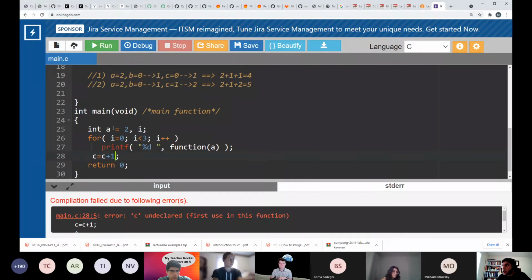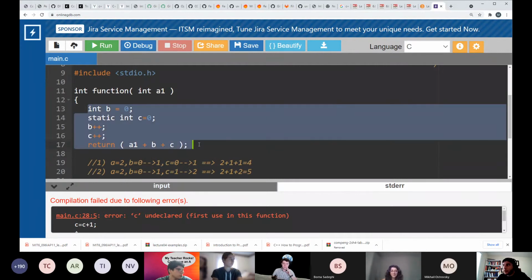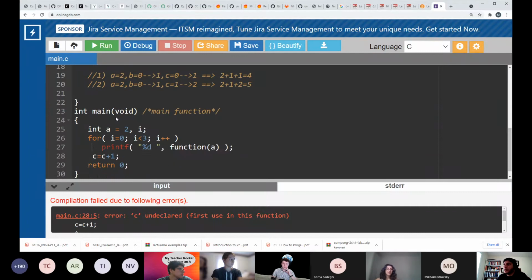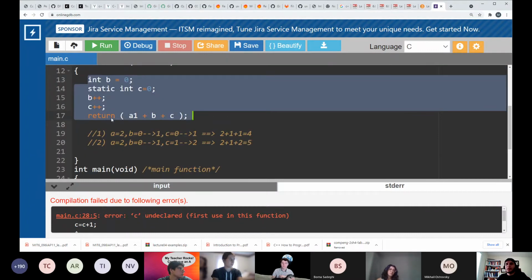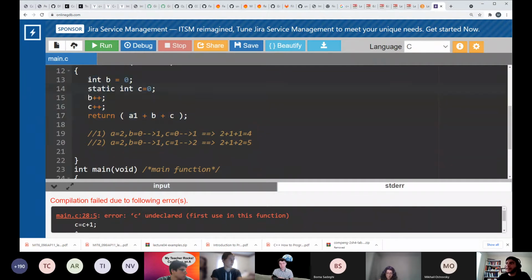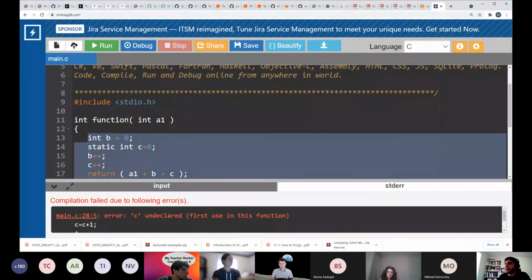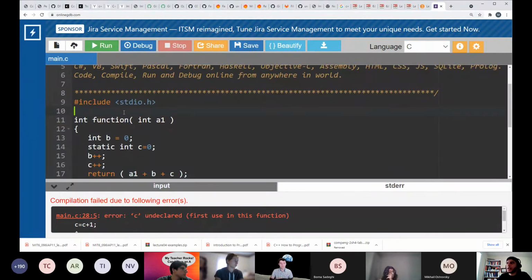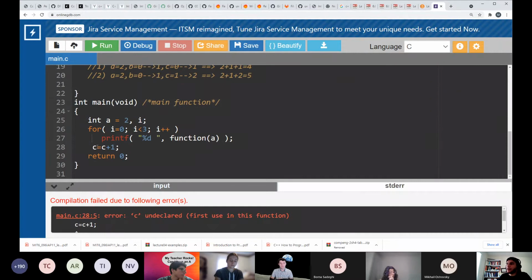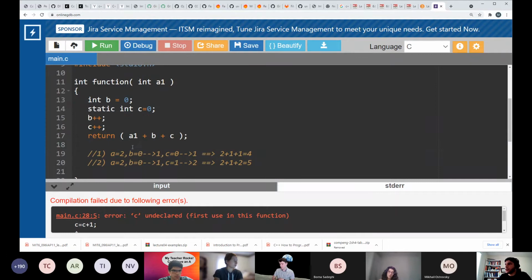Why? Because scope is one thing. The scope of C is only within this function. It's only accessible within this function, but lifetime is another thing. It's basically like the time dimension and the space dimension. The space dimension is where you can access this variable, and the time dimension is whether the variable is there or not. So the variable is there all the time if it's static, but you cannot access it except from its local scope. If you define C, on the other hand, as a global variable, you can access it from anywhere. So global gives you another privilege, which is that you are able to access your variable from everywhere, which static does not. So it's a different use case. Good.